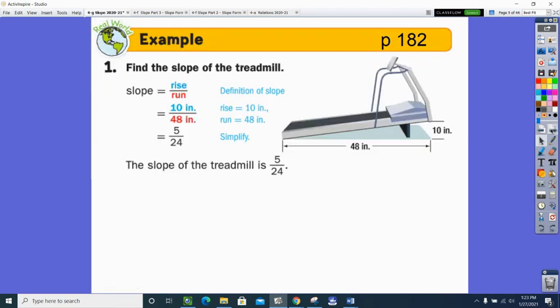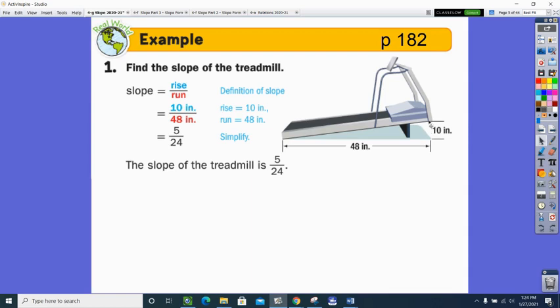So basically, here's an example of a treadmill, and we want to calculate the slope. We've got the picture. So we've got 2 numbers here that we're comparing. So what you just have to decide is which one is the rise and which one is the run. As you can see, the rise